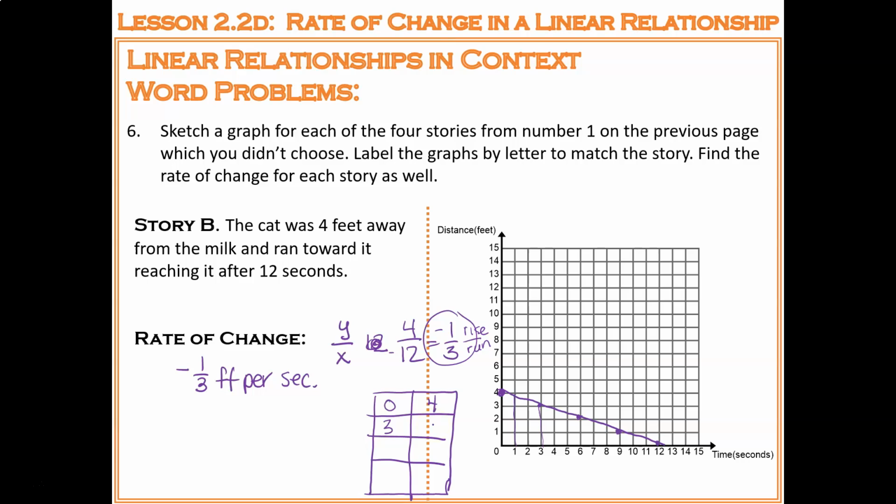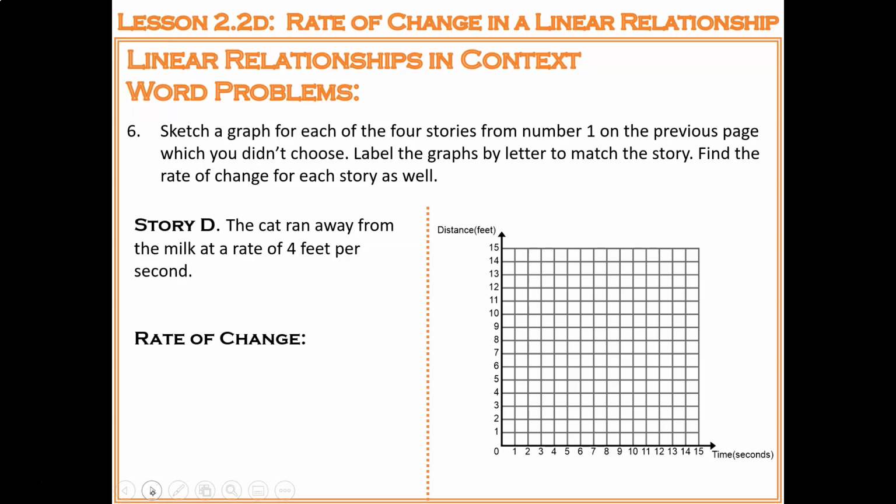the cat is 3 feet away. And after 6 seconds, the cat is 2 feet away. And after 9 seconds, the cat is 1 foot away. And look, if the milk is the x-axis, after 12 seconds, it's got the milk. Okay, so